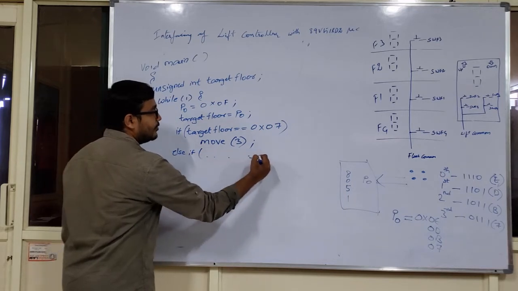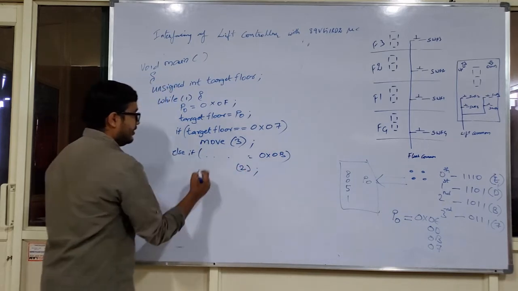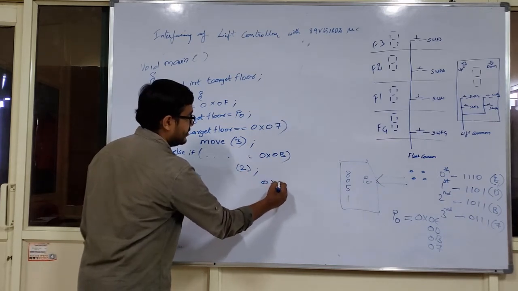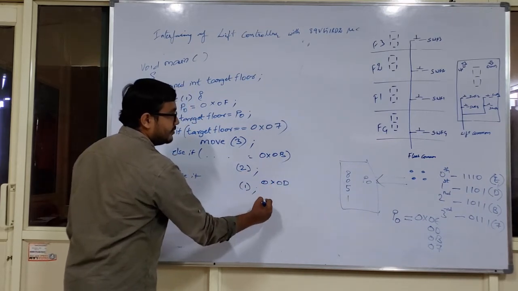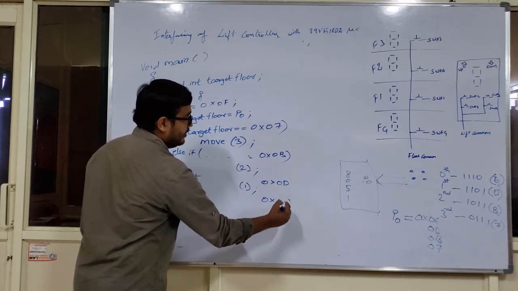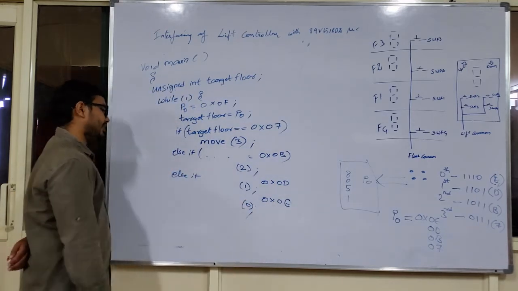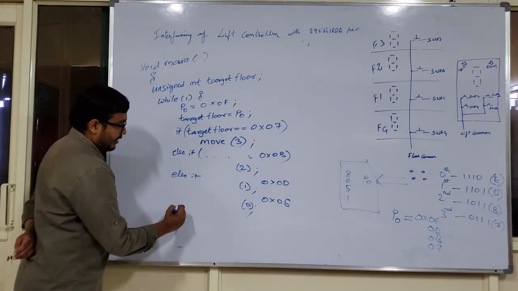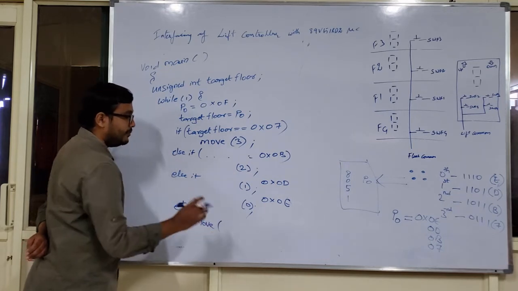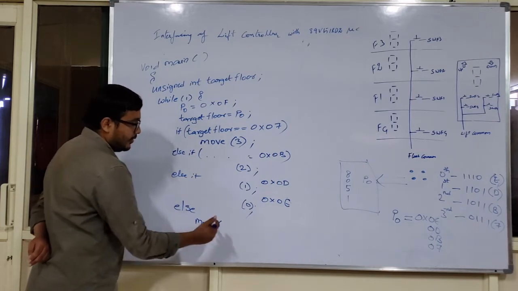the target floor is equal to 0x0b, I have to move to second floor. Similarly, else if for 0x0b, I have to move to first floor, and similarly for 0x0, what it is 07, sorry, not 7, it is E, I think so. Yeah, so I have to move to 08 floor from somewhere else where my lift was in. Okay, in the remaining condition, else move, that means I hadn't pressed any button here. Else, that is why I have taken here else move.